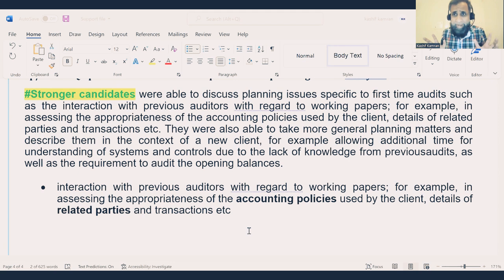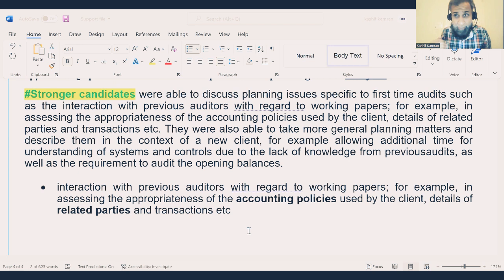We are not writing all that, right? We're not writing that you should take permission of the client. The question is not asking for that. We are assuming we have permission, right? The examiner wants you to focus on specific matters for planning the first year audit. Or is the examiner asking how you correspond with the previous auditor? Is the question asking you for actions to correspond with the previous auditor? No. The question is asking what sort of matters you will focus on when you're planning the first year audit. So why are we telling the examiner how to correspond with the previous auditor? What is the process of corresponding with the previous auditor?